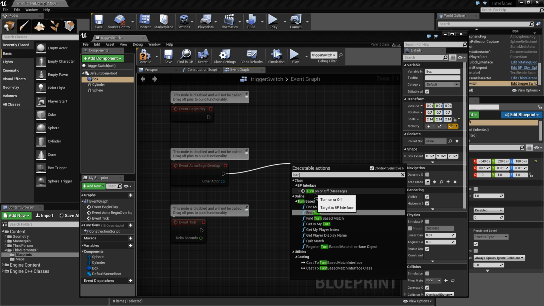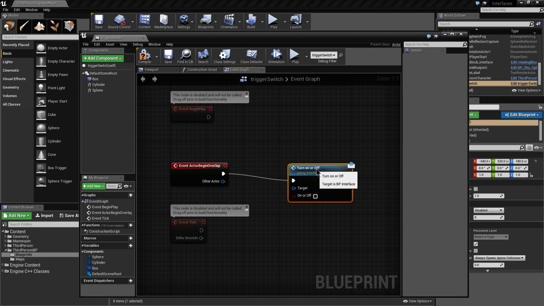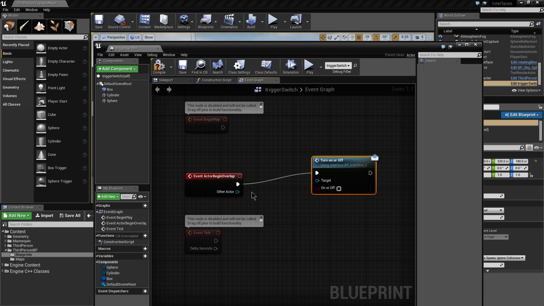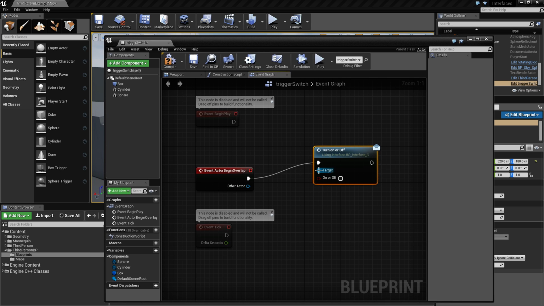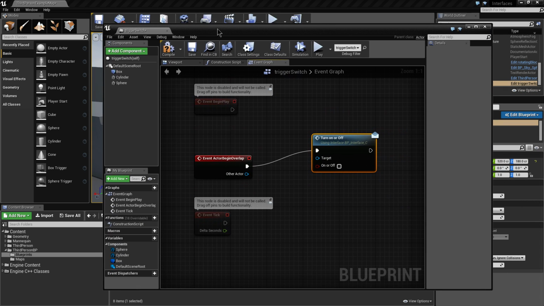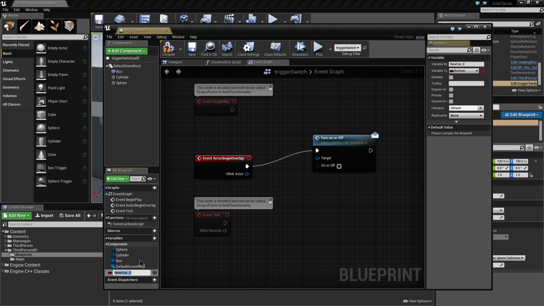Call already our interface message turn on or off just by typing it into the search there, so it's already a kind of globally accessible function name. Now the target we need to define, and in this case we're going to make the target a target that is set when we first add our blueprint to the level. So we're going to add a variable,